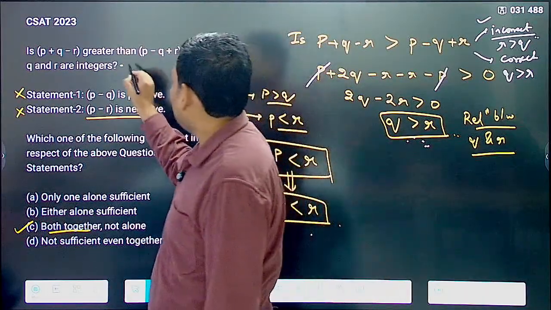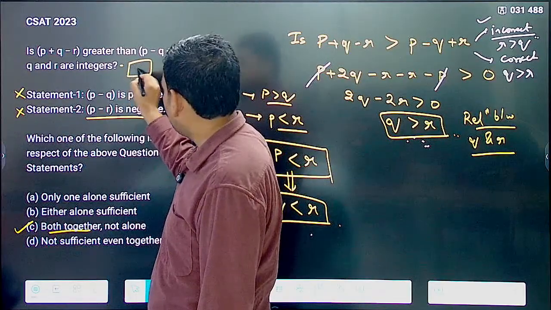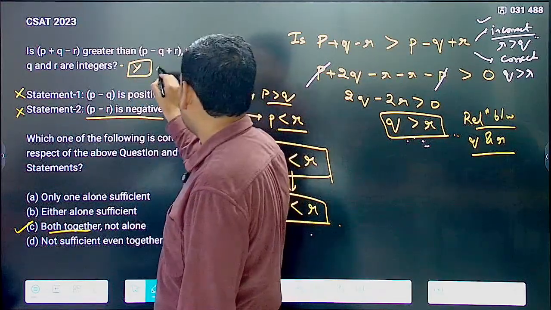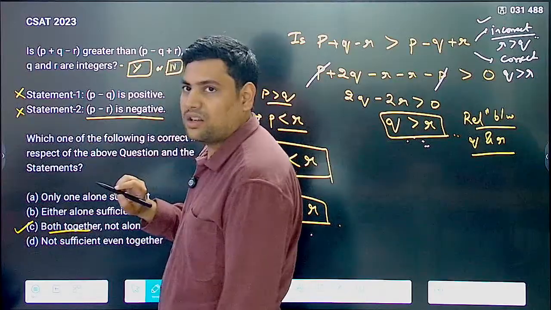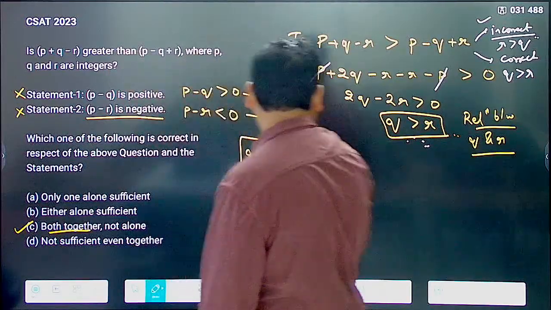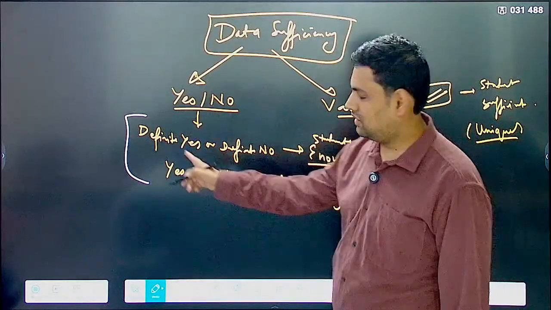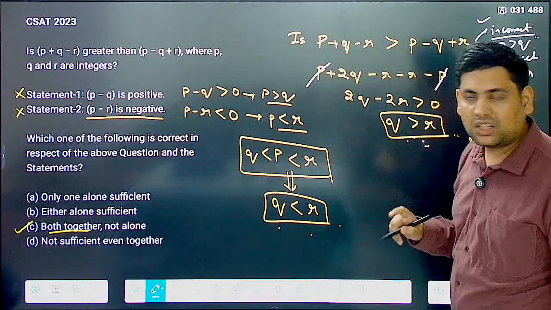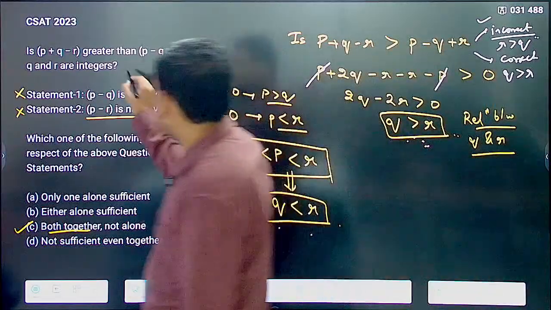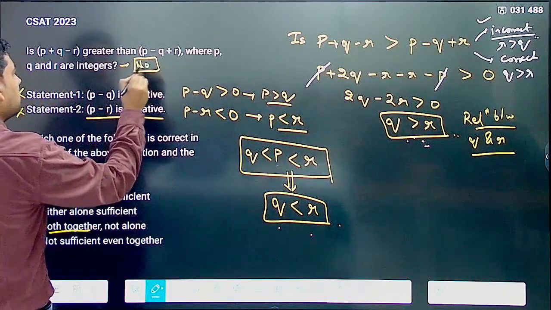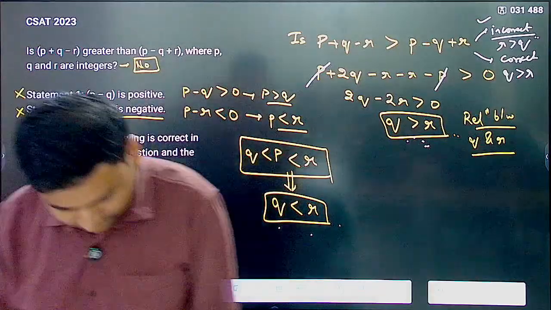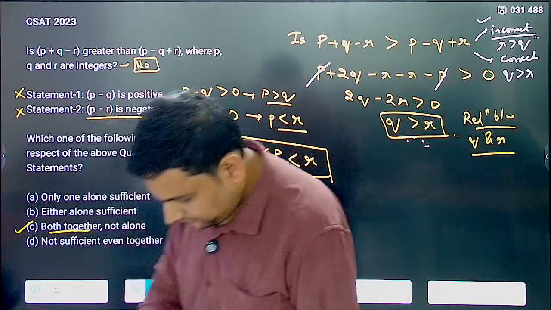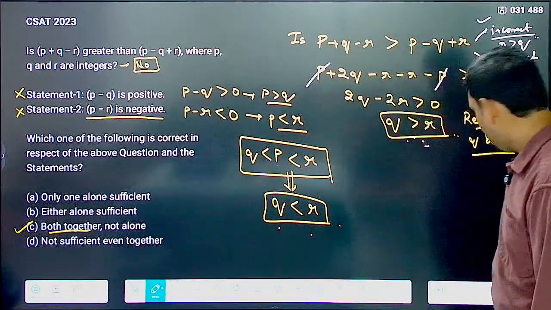So this is a yes no type of data sufficiency question. Ultimately, if you can fill this blank with either y or with n, you have done your job. And this is why you need to remember this. Now in this question you got a definite no, and that is why you will say that this is sufficient to answer. Yes Neelam, yes Ranjan. Okay, then